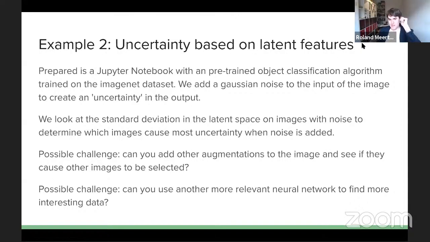And now the question is, can you find other augmentations to this image and see if this causes other images to be selected? Or maybe another challenge is, can you use a more relevant neural network to find more interesting data? Or maybe can you download a neural network which normally has dropout layers, and can you add this dropout to get, maybe you can even do per pixel segmentation or per pixel uncertainty to see what kind of things are uncertain according to a semantic segmentation network. And